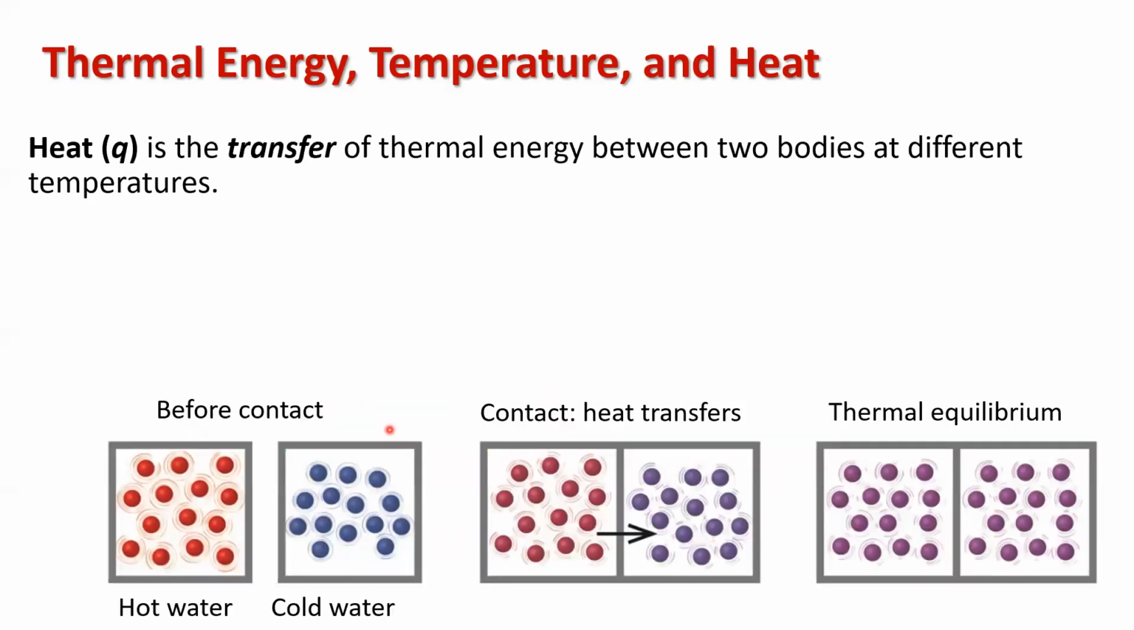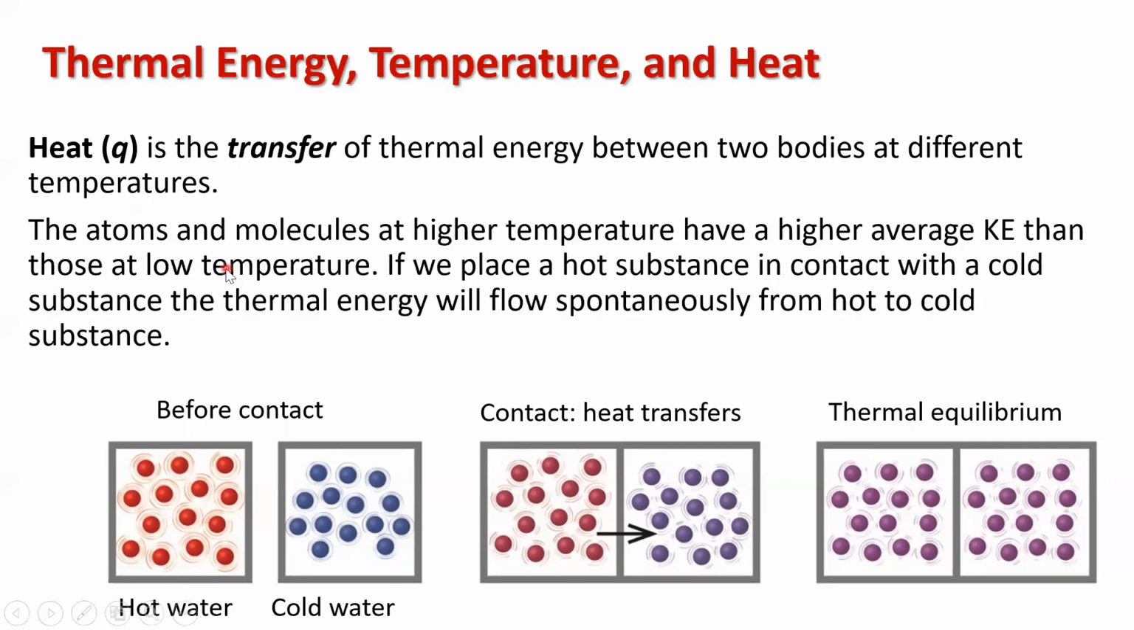When we deal with heat, heat is the transfer of thermal energy between two substances or between two bodies. And the bodies would initially be at different temperatures. So heat is a transfer of thermal energy. When you say something's being heated up, energy is being transferred from one substance to another. And the energy will always be transferred from where it has a higher average kinetic energy to a lower average